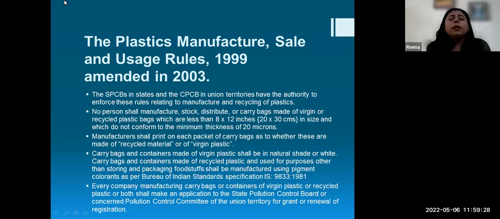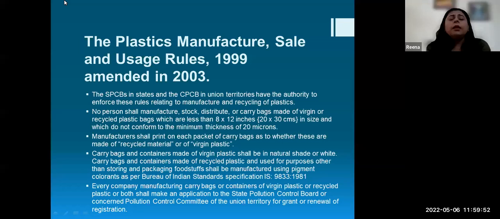So even as a stakeholder, you should know which kind of plastic this is, how many times it can be reused, and whether it is food grade or not, because I am not supposed to use it for any food item preservation or collection. That is your responsibility, to make yourself aware.